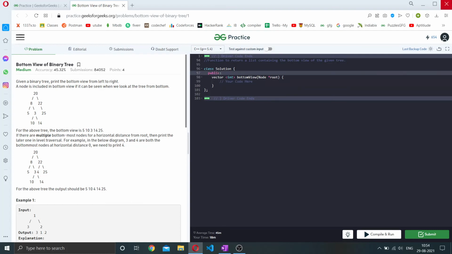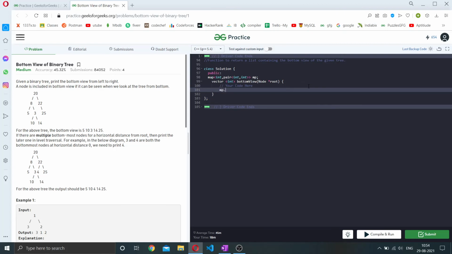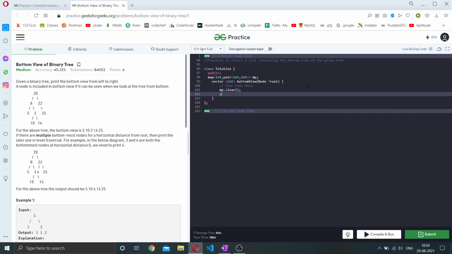So first we need a map that will be int of pair of int and int. I call it mp. Then I will clear the map, because if we are using global variables, we must clear them first. Then we call a function solve, sending root, vertical and the current height.